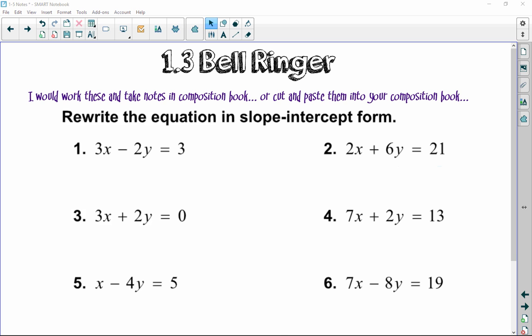What slope intercept form is? Yeah, what is it, Dakota? Very good. y = mx + b. And the main thing that you have to remember about slope intercept is